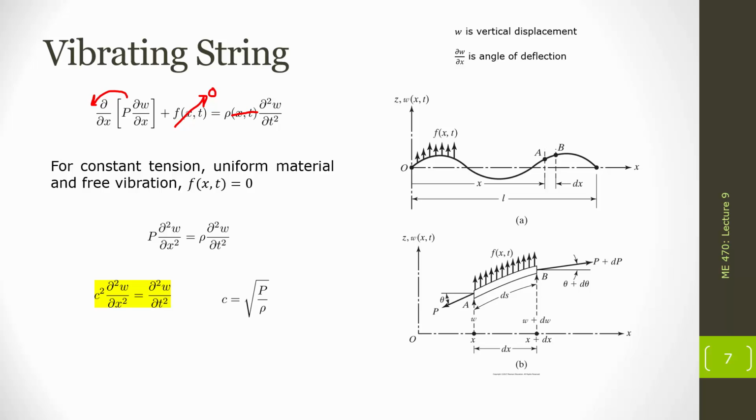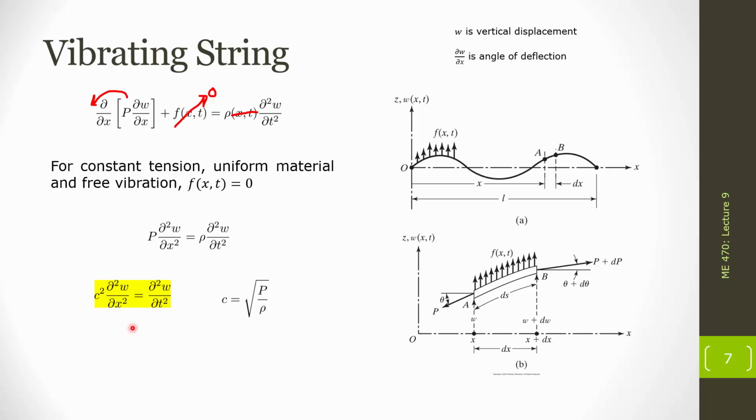Now that we've found the partial differential equation that is governing the motion of this string, and we're interested in now solving it for w of x and t, what is our next move? How do we actually go from this PDE to w of x, t? Well, one thing that works to our advantage because of a lot of the limitations on getting to this partial